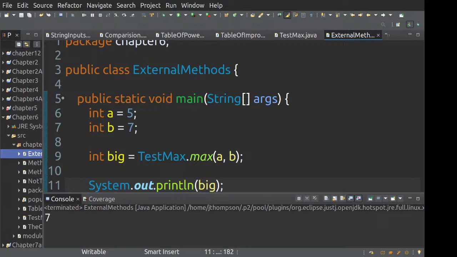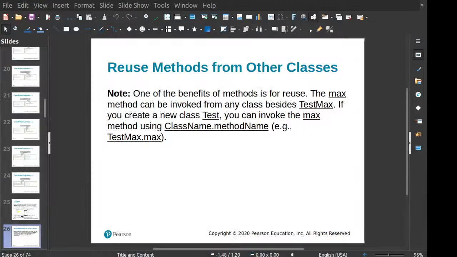So here we have our method, but it's not within the class we're working with. We just have to point to the class that it came from. We okay with that? It's some flexibility that we're going to add to things. So that's what we mean by reusing methods from other classes. And this will become the mentality that you'll see: don't reinvent the wheel,